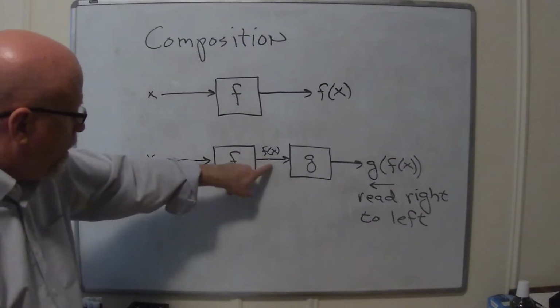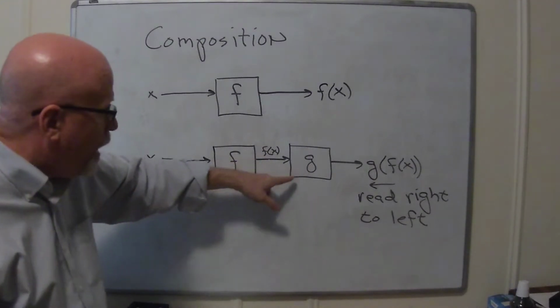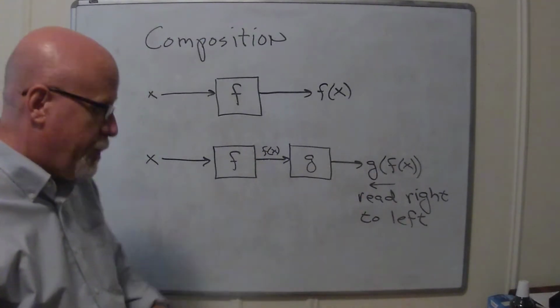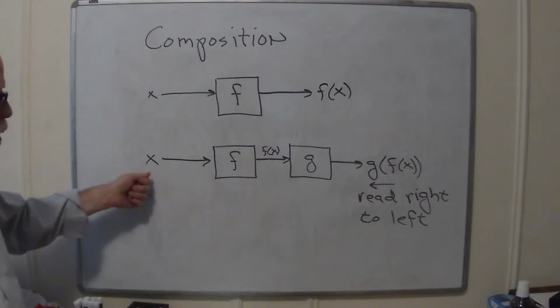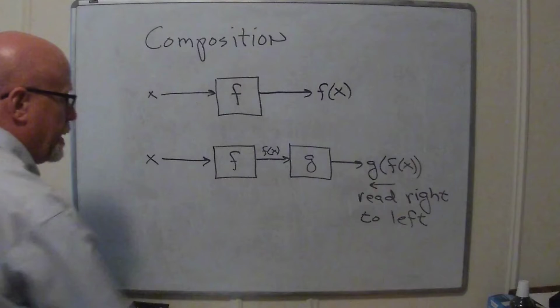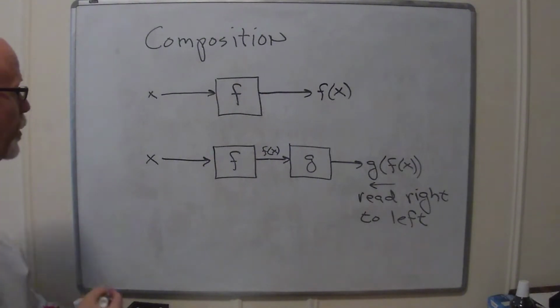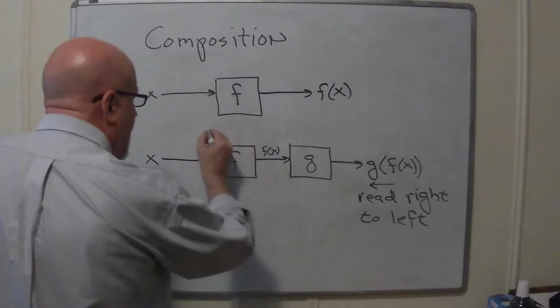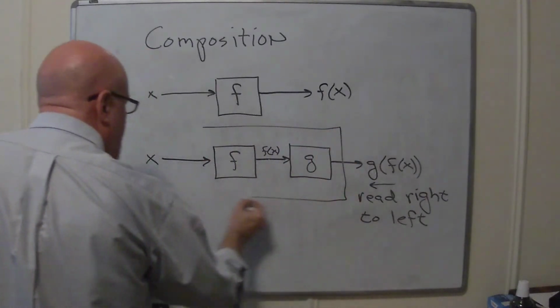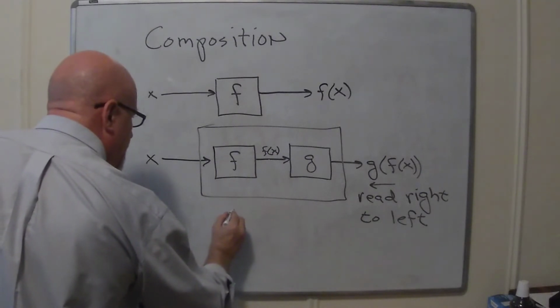They come out of the washer, and they're wet clothes. Clean now, but wet. Stick them in the dryer, and what comes out of that is clean and dry. So you go from dirty to clean and dry if you think of this as one entity. The composition is exactly that, the one entity. So when you think of it that way, the two machines together being one bigger machine, that guy is G∘F.